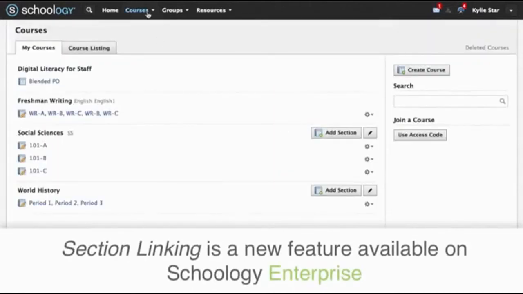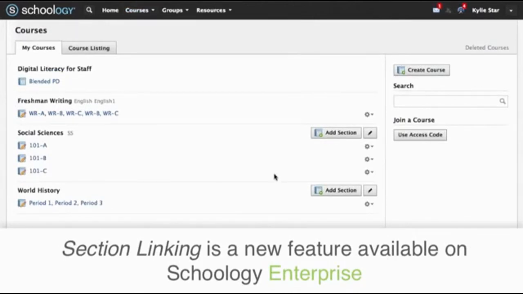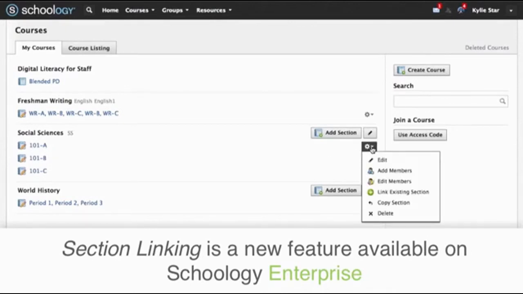Clicking See All, so I just went to Courses and See All. This shows me all of my courses on one page. If I want these social studies courses to be managed in one place, like this freshman writing course is, I'm going to select what I would consider, quote unquote, the master course, my main course where I want to build everything. Selecting the gear icon, I select this link